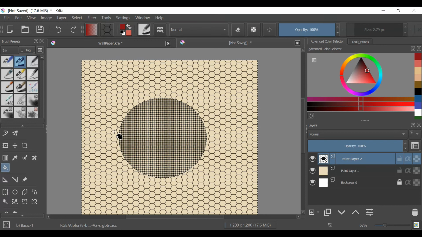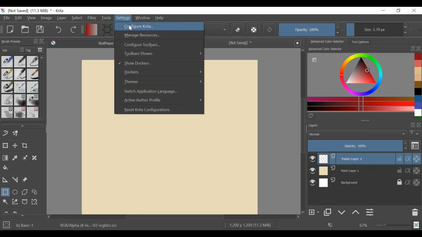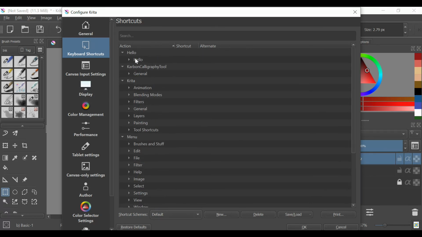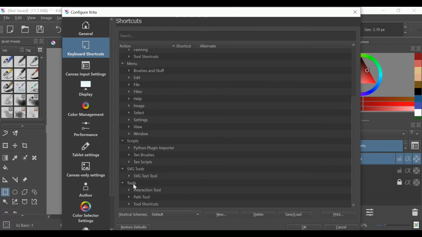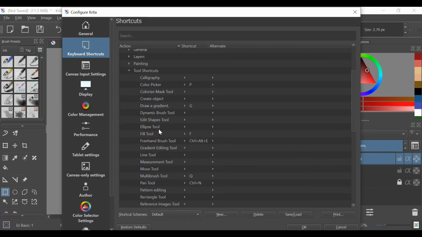this selection. Okay, and the final thing I'm going to show you guys really fast is I'm going to show you how you can change your shortcuts, because the shortcuts in any default program are not efficient. So if you go up here to settings and click on configure Krita, you can just go ahead and change any and all of these different options, these different shortcuts. So if you go down to, let's say, tool shortcuts, you can change the color picker,